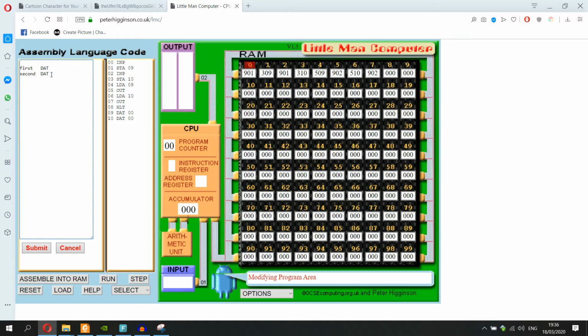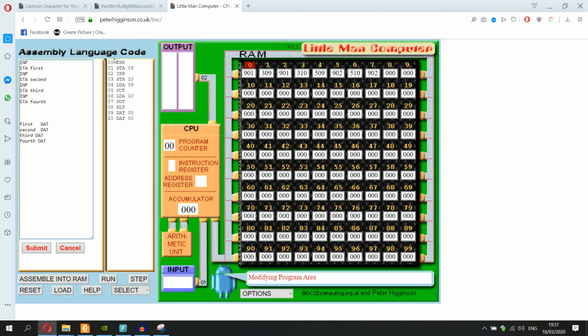So the first, I know I'm going to need 4 inputs. So I'll call that third dat, and fourth dat. Then above this, what do I need first? Takes and stores 4 inputs. So remember, whenever we're taking and storing 4 inputs, or taking and storing an input, we always need imp, followed by store, and whatever variable name we want to call it. So store first, imp, store second, imp, store third, and imp,